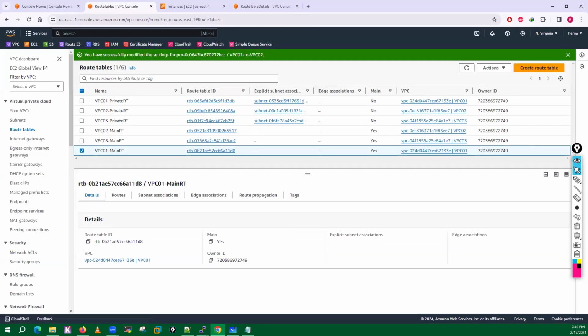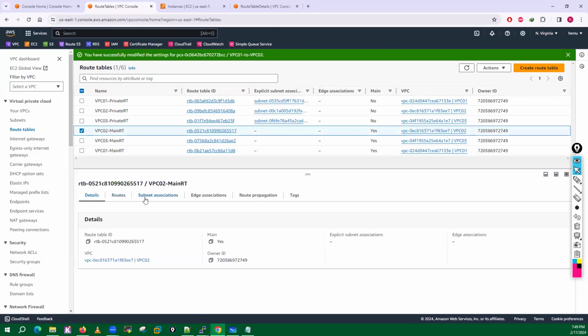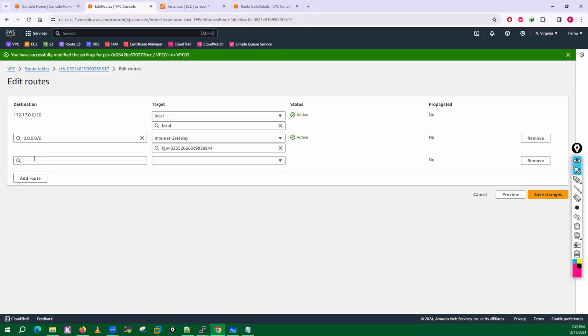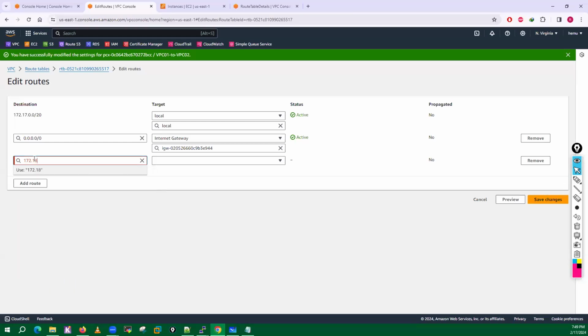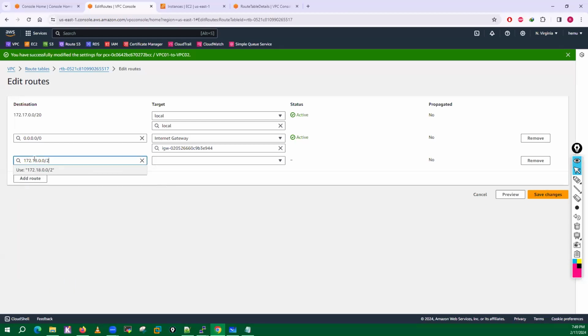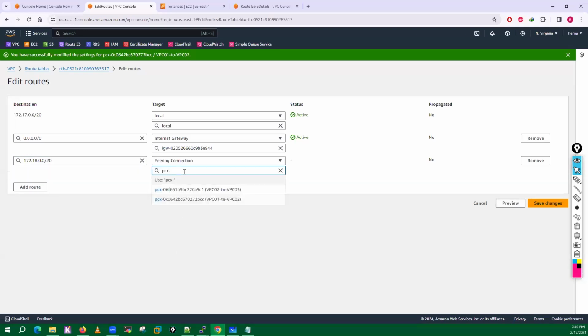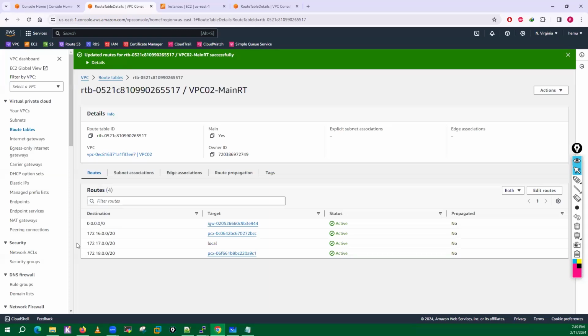Now I'll go into the VPC2 main route table. Routing is a very important thing, guys, in AWS. You have to know how you can segregate the traffic. Select here the VPC peering connection which is between 2 and 3, right? Go and change. See, we have these three routes.